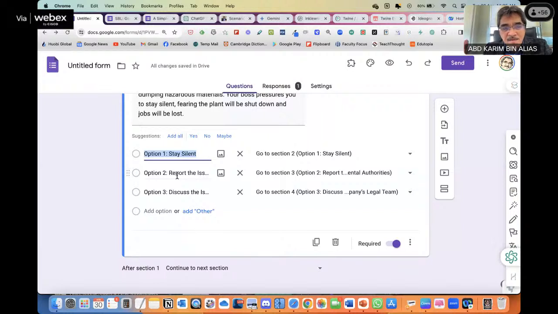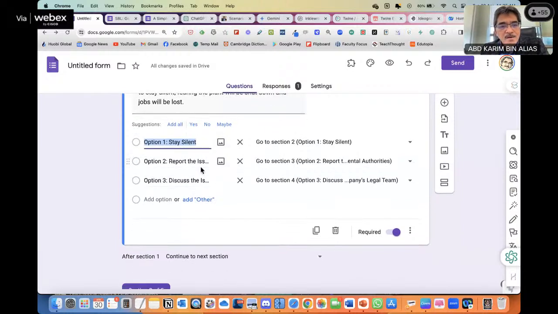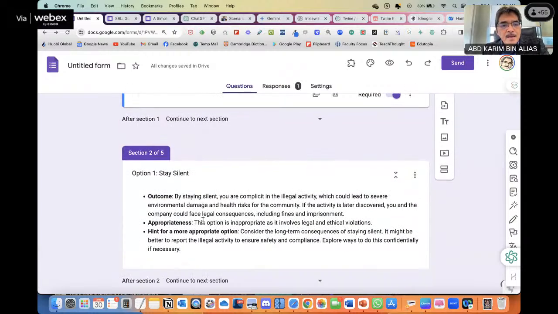That will make it even more complicated. Or each option will lead to another decision point, or one of the options will lead to another decision point with two or three more options. That's a branching. So let's say when the students choose option 1, and it will go here,